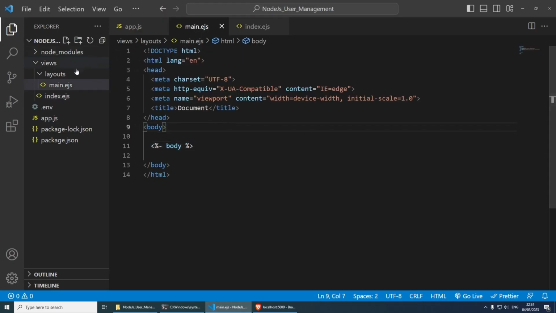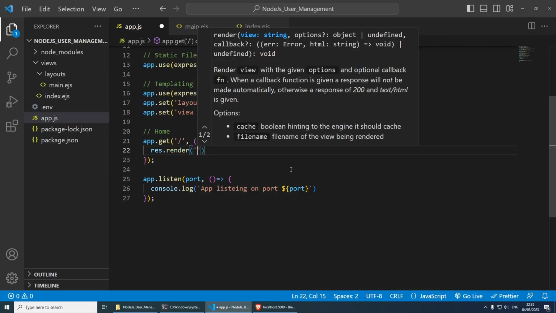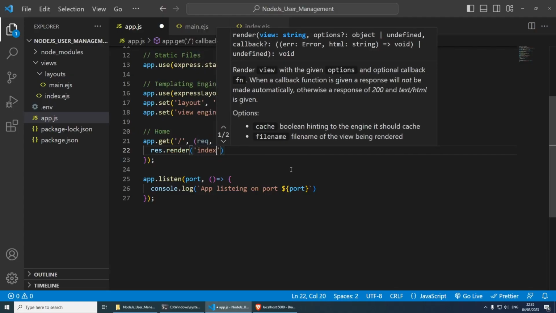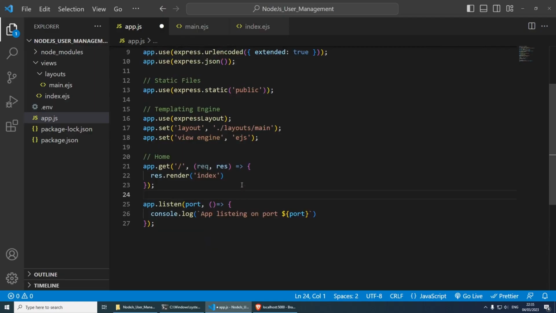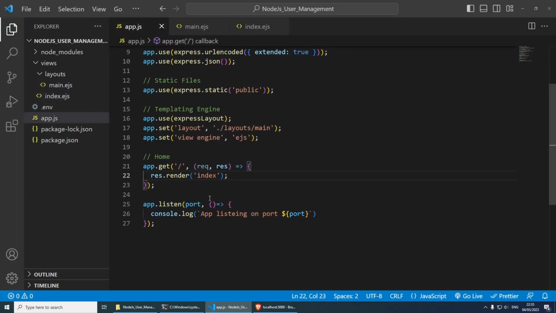But at the moment, if we go back to our app.js file in here, we're sending hello world, and we actually want to render this index page here. So instead of res.send, we can do res.render. And then we can tell it which page we want to render, and in this case, it's going to be called index. Like so, we don't have to specify .ejs, it's smart enough to do this, and we should be good to go. If we save everything so far that we've done,